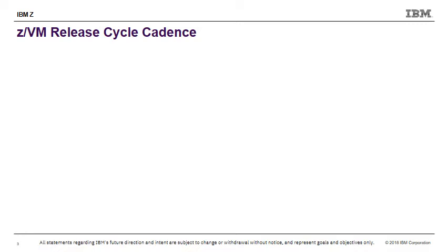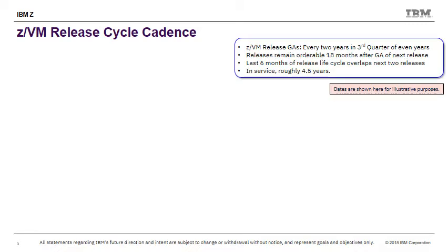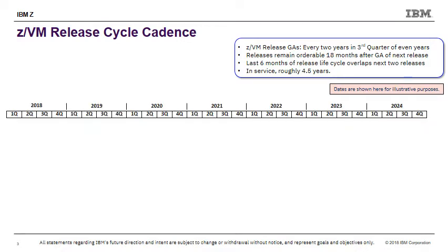Okay, let's play through this cadence and see what it looks like. For review, remember the key aspects I mentioned earlier, and bear in mind this isn't meant to give you exact dates. We'll still do announcement letters for release-related dates, like withdrawal from marketing and end of service. So if we look at the next 6 years and see how this looks, we'll only use quarters here for granularity so that you can get a feel for the concepts. As you know, z/VM 6.4 is currently the only release being marketed and in service today,